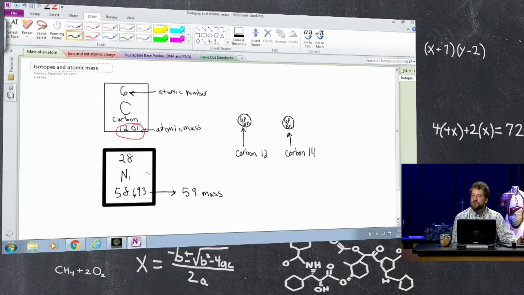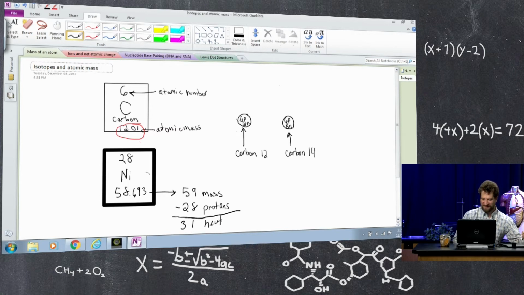And then to find the number of neutrons that a nickel atom would have, all we would have to do is subtract the number of protons. So to find the number of protons in nickel, we merely have to look at the symbol. Nickel shows us nickel is the 28th element. It's got the atomic number 28. And so that means that all nickel atoms are going to have 28 protons. All right, so all we do then is we just subtract the protons from the mass, and we get, let's see here, what would it be? 31